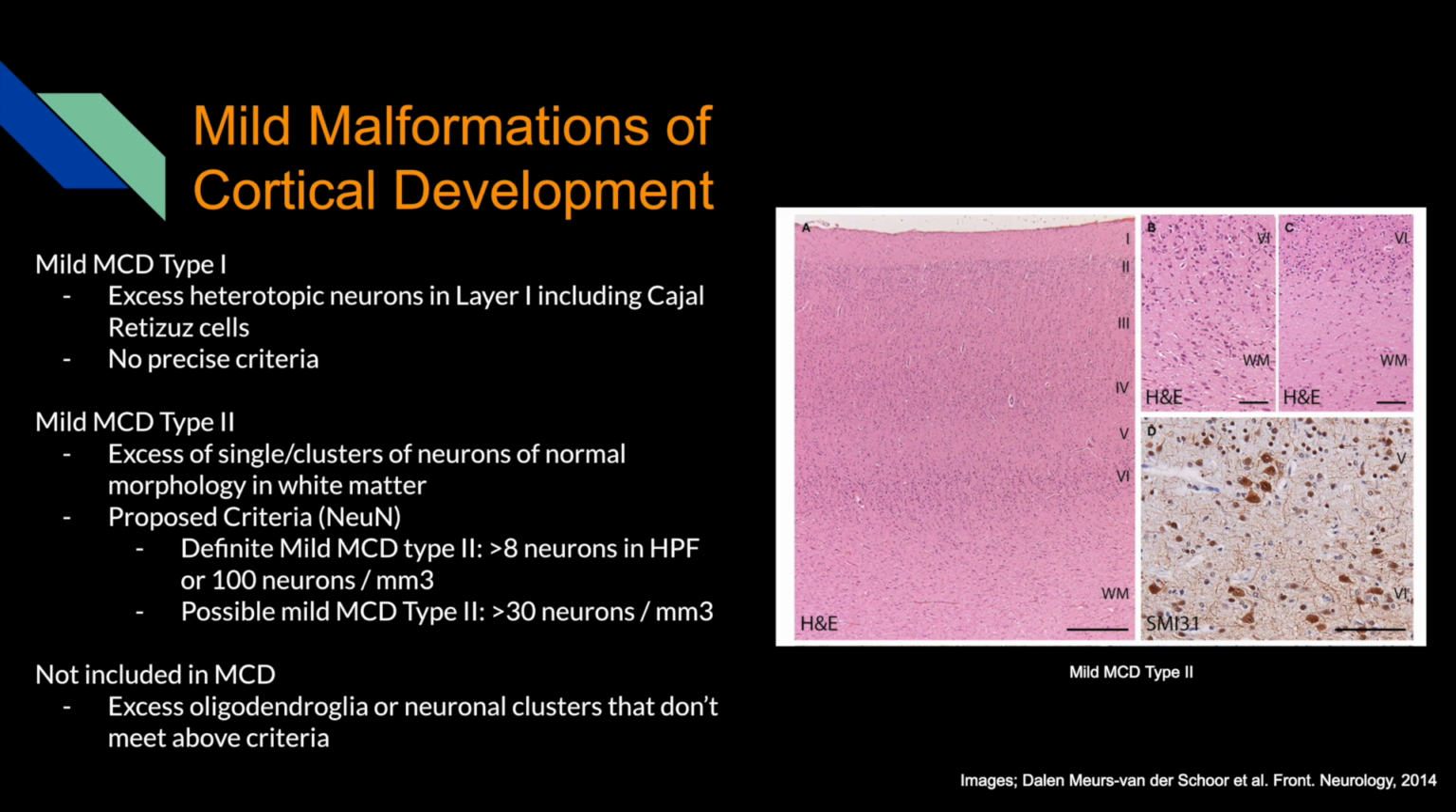We need to also talk about mild malformations of cortical development. These are much more controversial, and really there's two types, with excess neurons in type 1 being in the molecular layer, or layer 1. There's really no precise criteria for this yet. And in type 2, the excess neurons and clusters are found in the white matter below the neocortex. So you can use NeuN and you can count to see how many abnormal neurons you get in a high power field or in a millimeter cubed. And there's cutoffs that have been designated